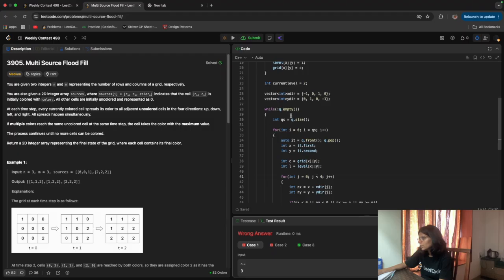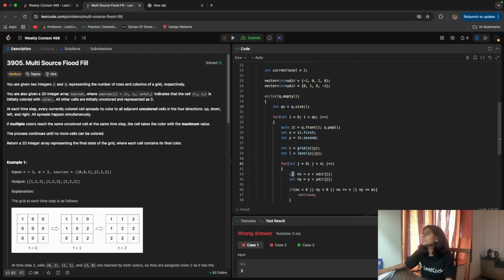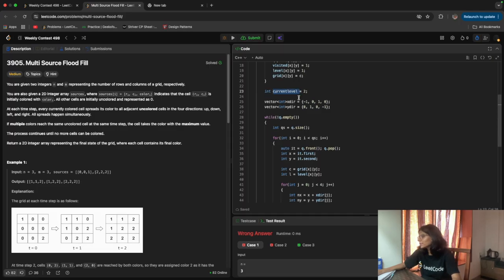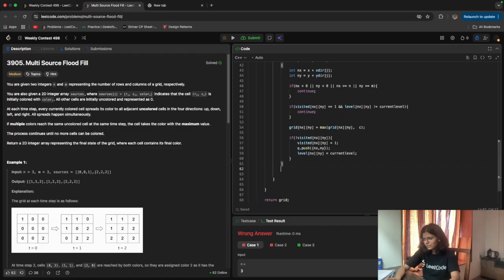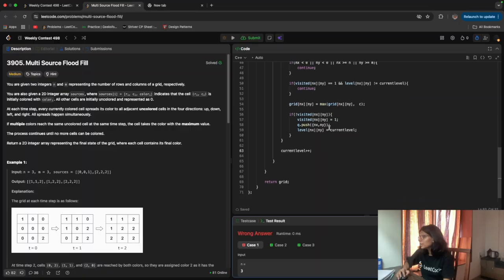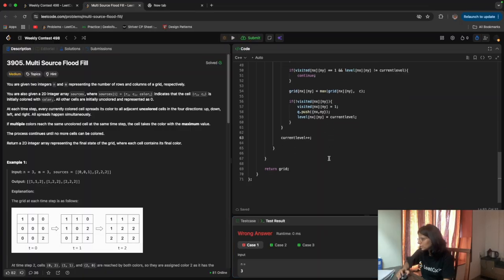Okay, sorry, we didn't increment the current level. So small mistakes happen and you need to find such things. I just skipped level plus plus, and again this happened.